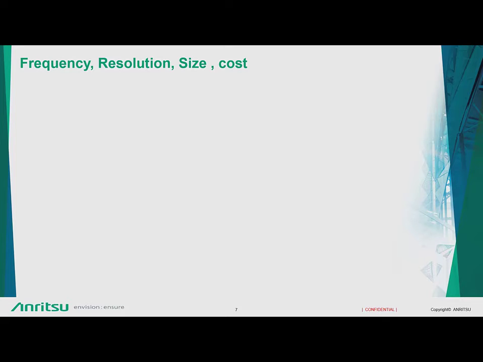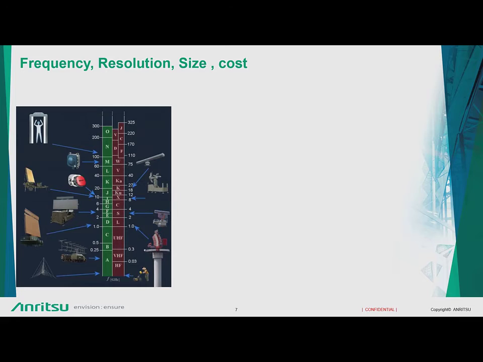Which one should I make so that I can do my application well? Radars come in different bands, and in today's world, radars have reached frequencies of say 110 gigahertz and even beyond. There are some applications which are going on, but to keep things short,